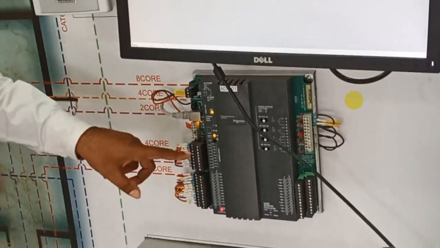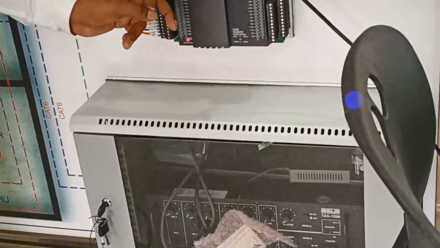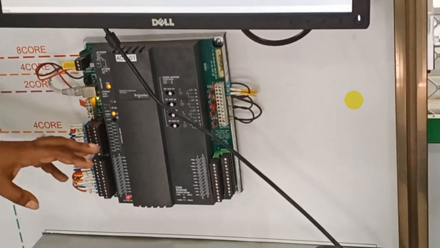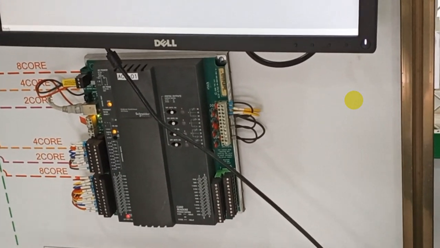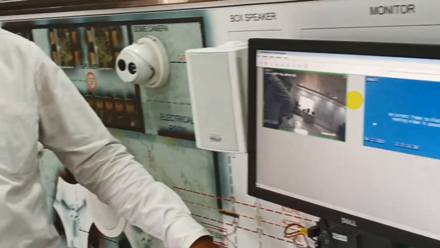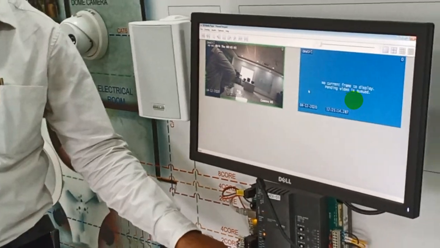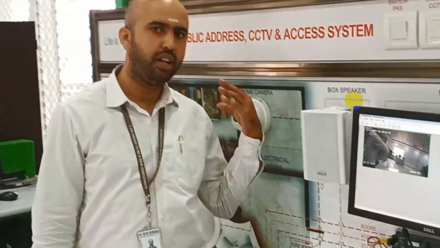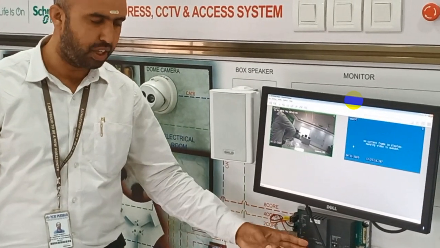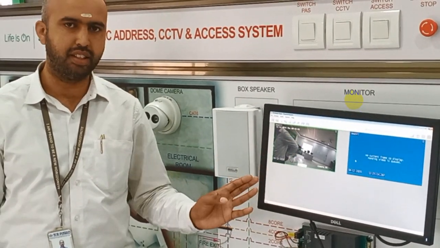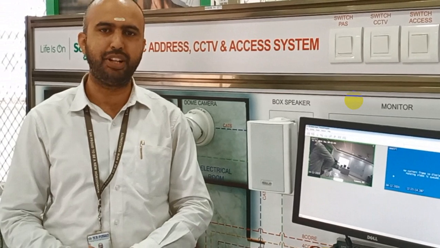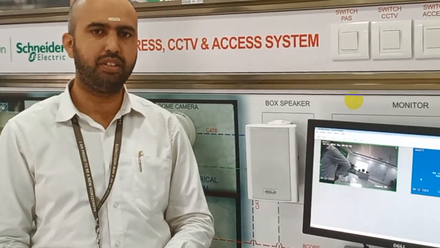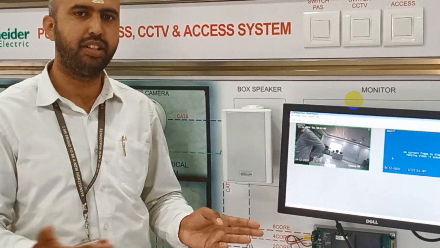Okay. So here you can see there are universal inputs and universal outputs. So by means of these universal inputs and outputs, we are utilizing it as an NVR, that is network video recorder, and we are transferring the data from the CCTV system to the network video recorder, and we are seeing this in the monitor. It's quite an easy application. I think we can do it easily compared to other experiments. It's quite easy.